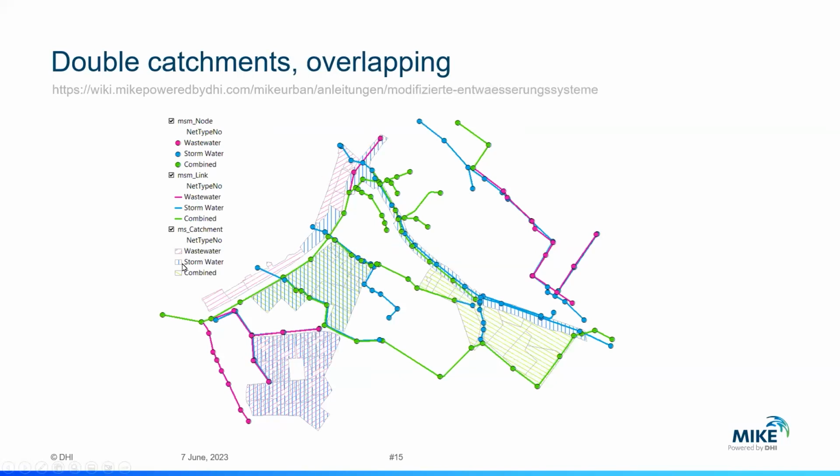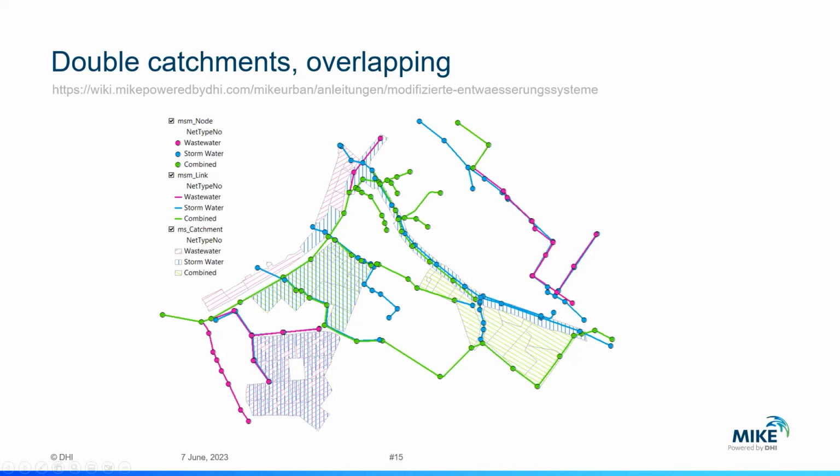Some of them are wastewater, some of them are stormwater, some of them are combined, and I've hatched them so you can see the single catchments here, the combined ones. But here you have 2 catchments, one on top of the other. So this is the combined one, responsible for wastewater and a part of the stormwater,